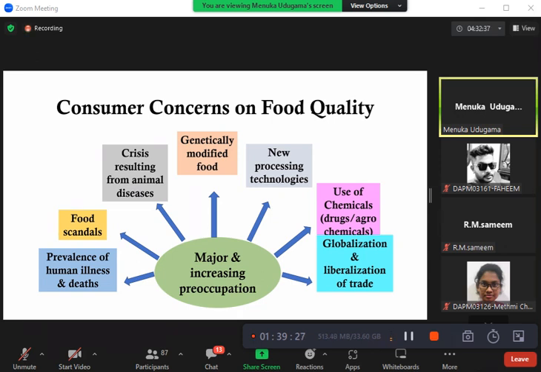Whether there are any foodborne diseases or animal-related diseases, we call them zoonotic diseases. Whether there are any food scandals, something that happened recently with adulteration, mixing water with milk, or what happened with the coconut oil issue and SLSI. So